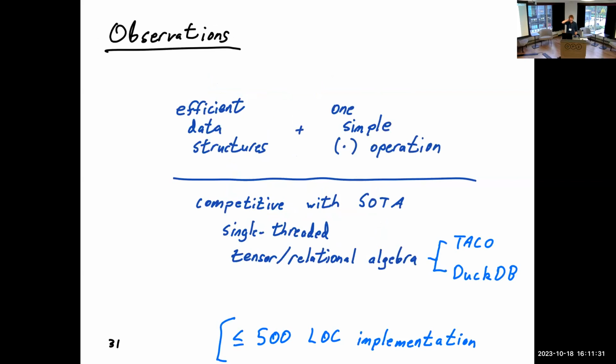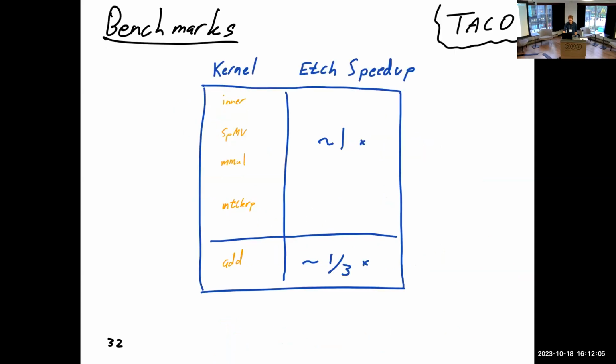So I guess the observation here is that we've found in our tests so far that this combination of efficient compressed data structures for tensors, plus this simple merge product operation is enough to match some of the performance from Taco. And also it's enough to match some performance by compiling relational algebra queries from industry standard data sets compared to DuckDB and SQLite. DuckDB is an analytical database. And it's all rather simple. So I'll just quickly run through, we did some benchmarks and we can produce essentially logically identical code to Taco.